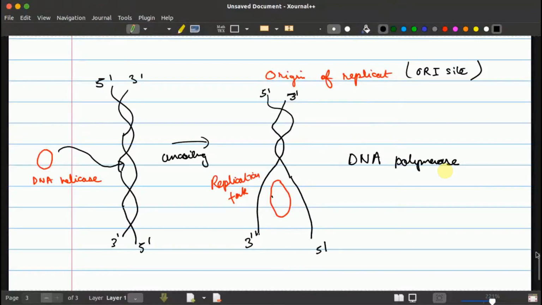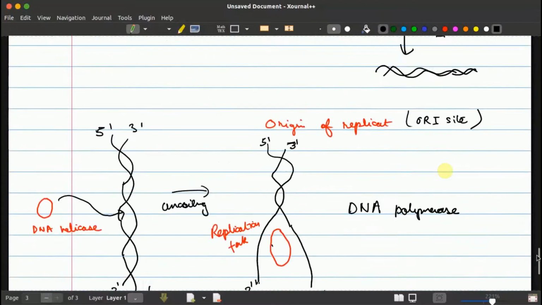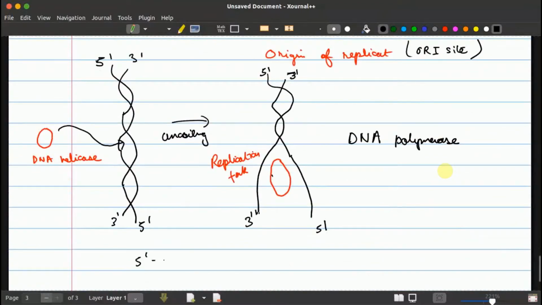Now, remember from whatever I've taught before, DNA can only be produced in a 5 prime to 3 prime manner. So when DNA polymerase moves, it will move in this direction. It is moving in one direction only, right? So here 5 prime to 3 prime is being made. Now the question is, here it won't be made, because here you require a 3 prime to 5